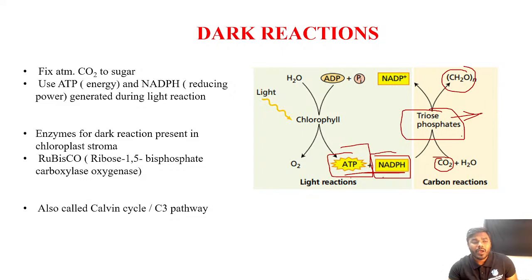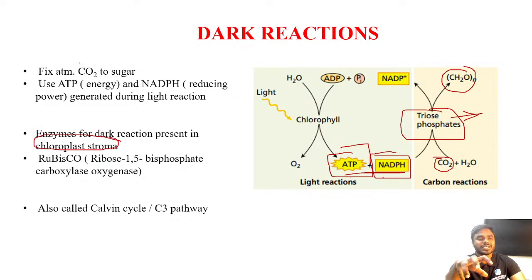Now friends, we have all read very clearly where the light reactions take place. The light reactions occur on the thylakoid membrane. We can also call it the lamella. My friends, then where do the dark reactions take place? Friends, the dark reactions take place exclusively